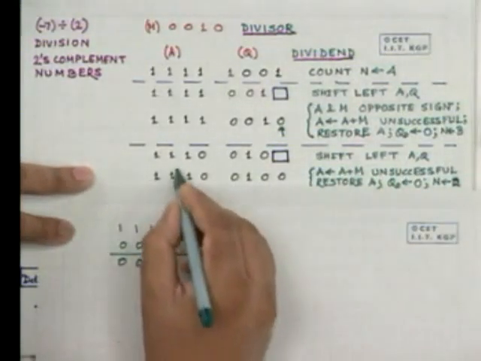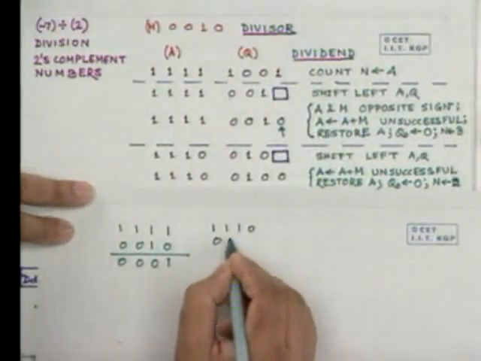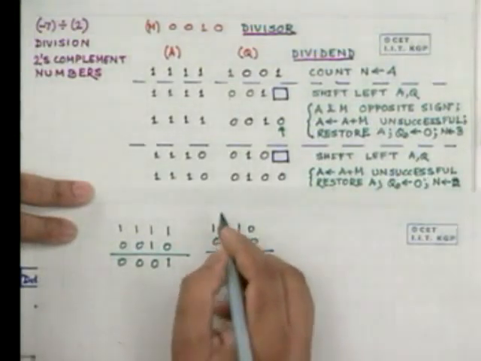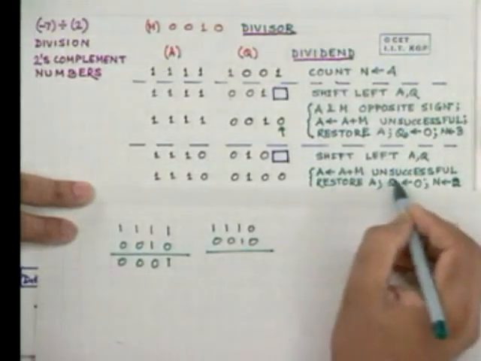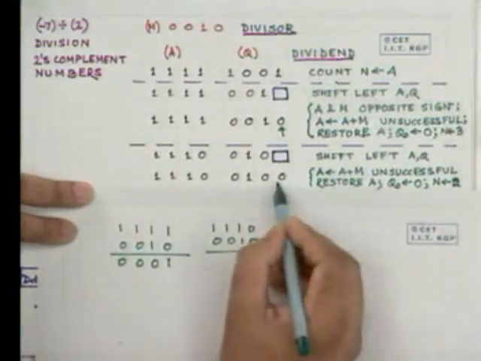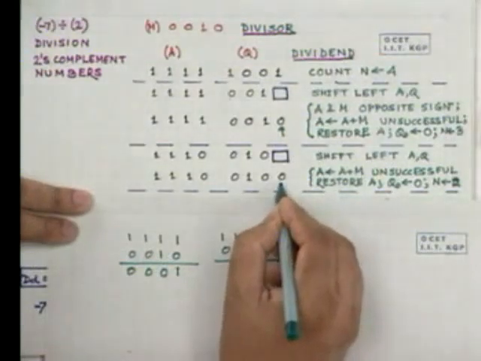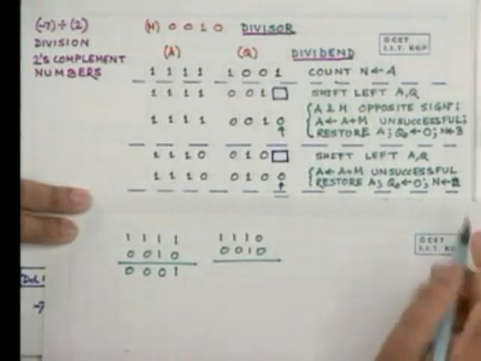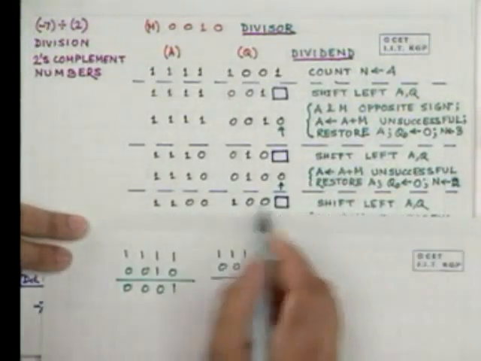That means now it is 1, 1, 1, 0. We add 0, 0, 1, 0, and we get once more that the sign bit of the A register changes, telling me that the operation is unsuccessful. We restore the original value of A here. Q0 is put to 0, and count is reduced to 2 here. Now, we shift left once more,